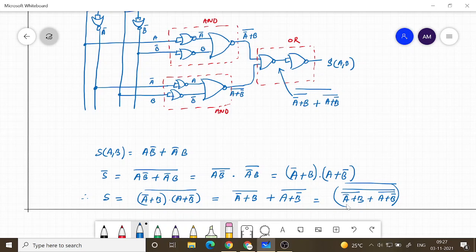Finally what we are doing is an OR gate. So in order to make it a NOR gate, I need to do bar, which I can implement by complementing the output of a NOR gate. So using De Morgan's theorem, you can find out this structure in this manner. Is that clear?